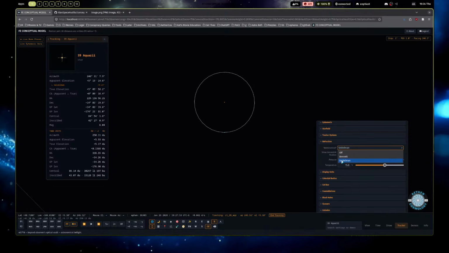I found that the Saemundsson formula is closer to what Stellarium predicts at the horizon, almost to the arc second, so I typically go with this one. Then you can adjust your temperature and pressure, and it'll fine tune it. This is basically what Stellarium would show you if you hopped in, went to this latitude with the default settings for atmosphere, and watched it set into the horizon. You would see this amount of refraction plotted out exactly.